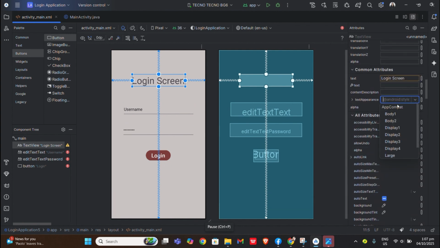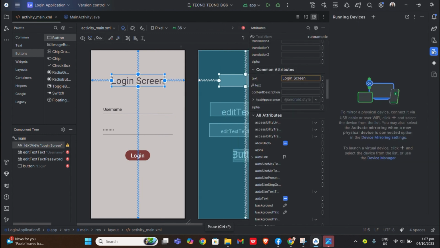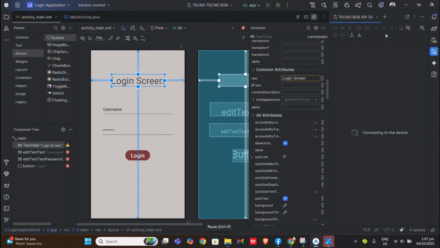You can also add text style or text appearance in every text. So add my device.